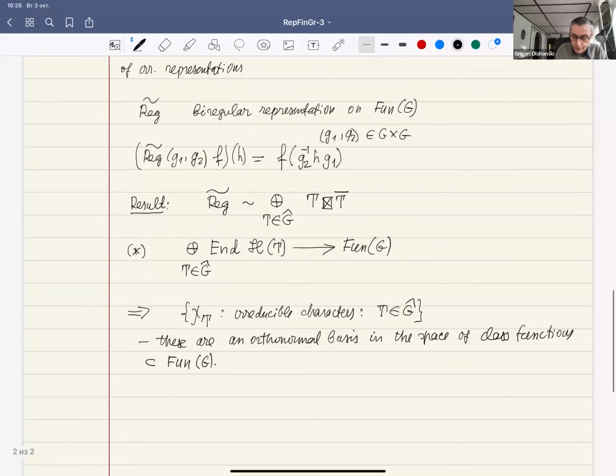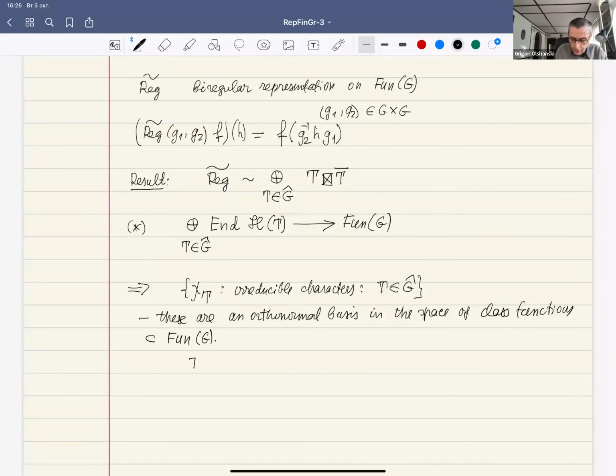And moreover, if T is not equivalent to T prime,